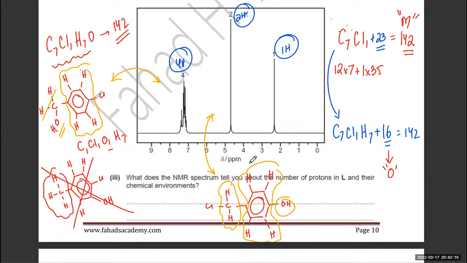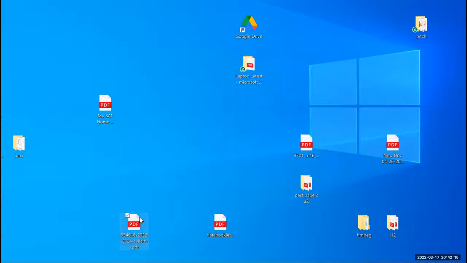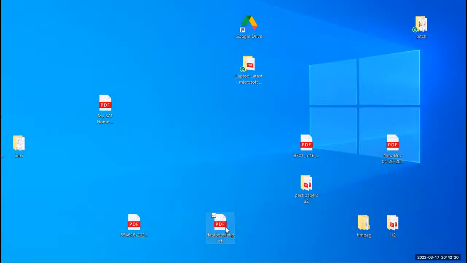So the final thing is, which one is the correct option? For that, you'll open the data booklet, sorry. So we'll have a look at the NMR values now. So the NMR values would be